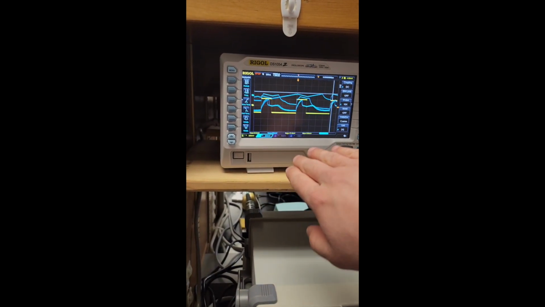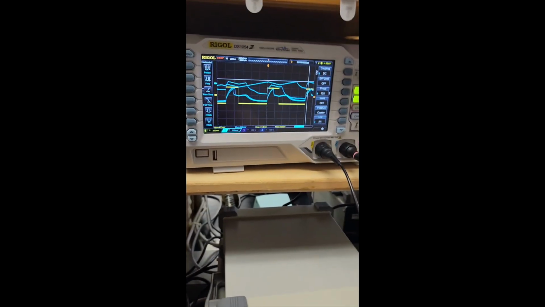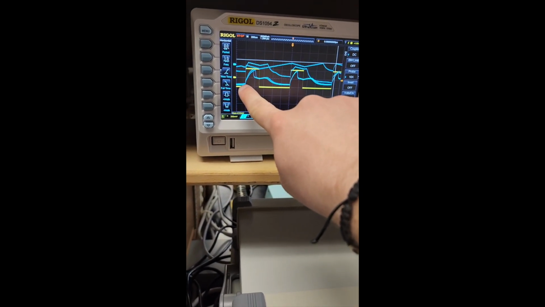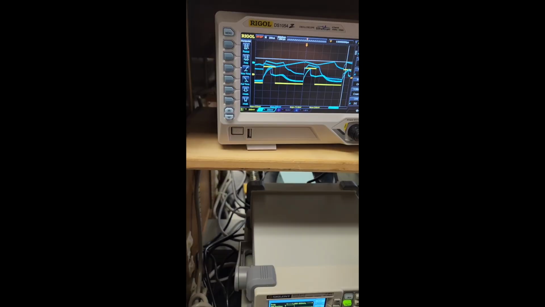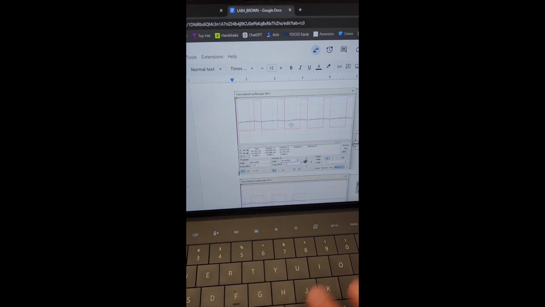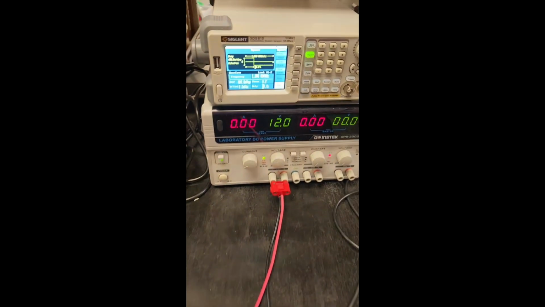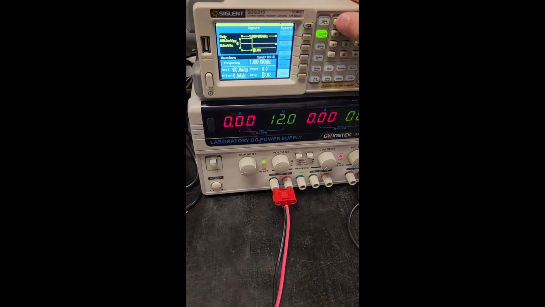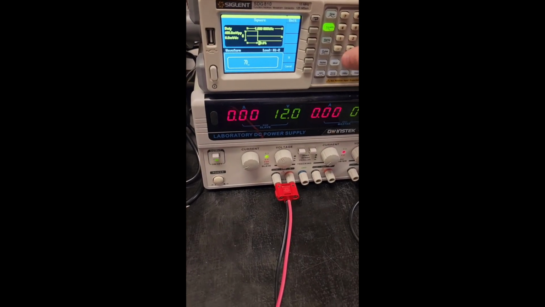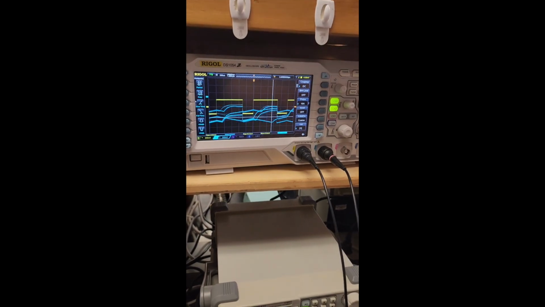We can see particularly here in these instances that the waveform slopes up, matching our results from the Multisim. That sloping there. And then as we change the duty cycle to say 70%, as in our Multisim, and then hit run,